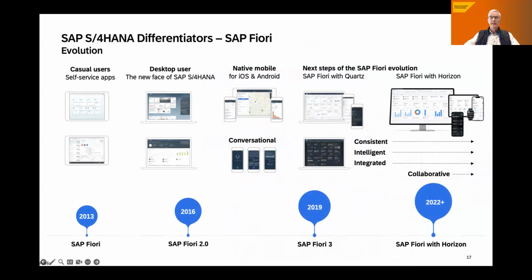All completely unthinkable in the business suite world. And let's say, the design paradigm, which is sitting on top of this, is called SAP Fiori. It's first of all not a technology, it's a design paradigm, a design concept, formulating what a modern and up-to-date UX should look like.